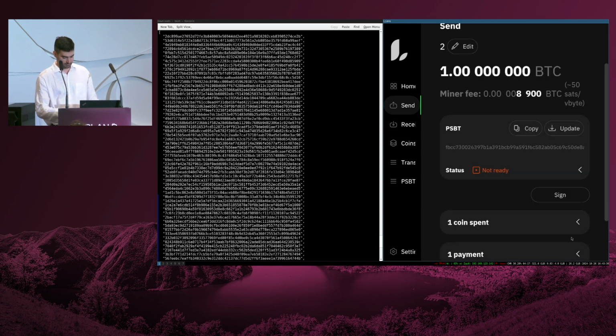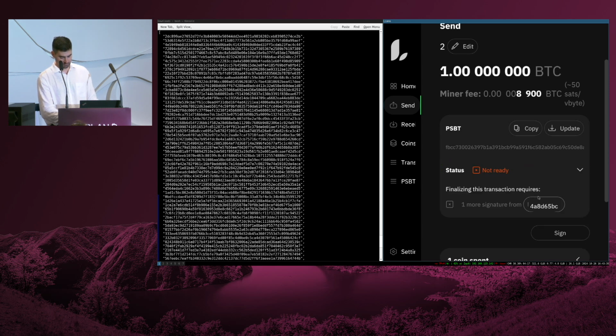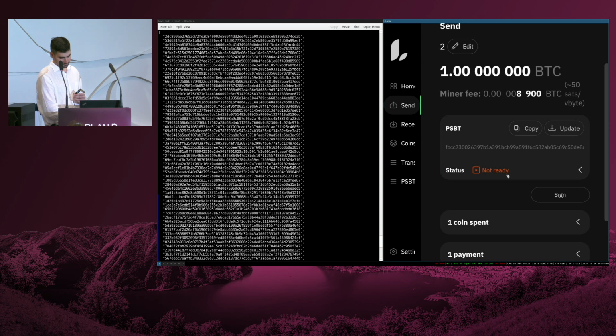And I click on next, and I will have to sign with the Ledger Plus. And you can see, as I have told you, the interface lets you only sign with the first spending path, because that one is available immediately. There is no time lock. So I need to unlock the device again. Okay, testnet ready. Sign.